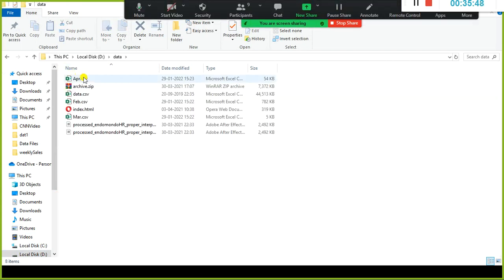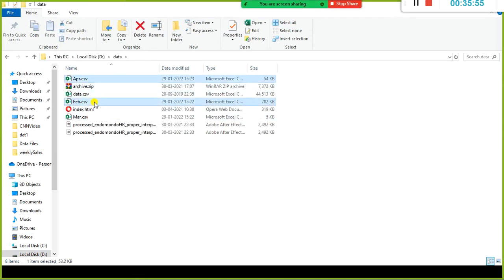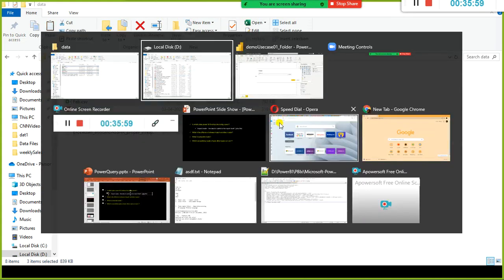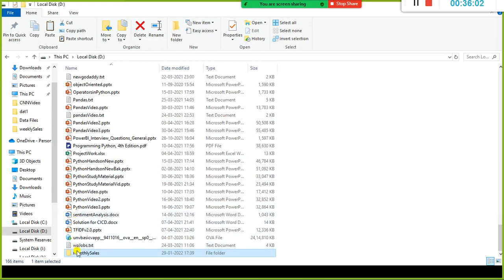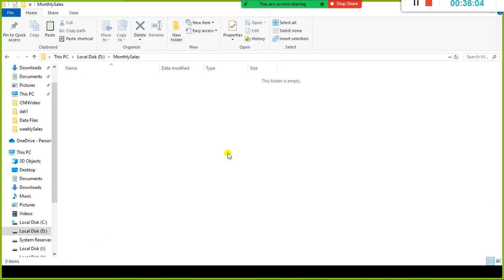In the data folder, I was given 3 files: data February, March, April. I selected them and copy pasted them into my newly created folder called monthly sales. Now I want to combine all these 3 files into a single file. In this case, I have only 3 files. Let's say you have daily sales given to you in Excel files.